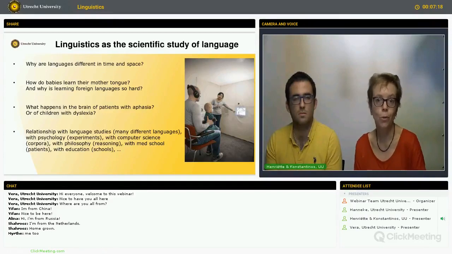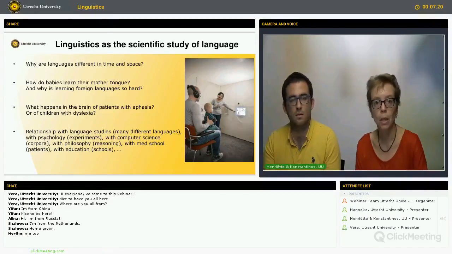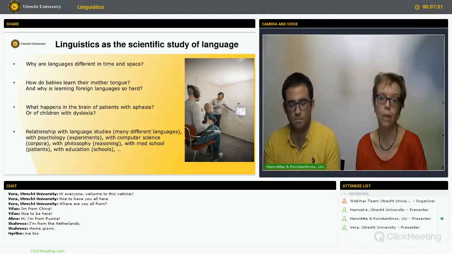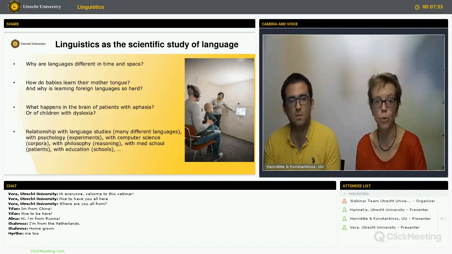And so we need to study them with computational tools. There are also links with philosophy, language and reasoning, language use, also with the medical school, of course, for the clinical linguistic side, and with schools for all kinds of educational issues.